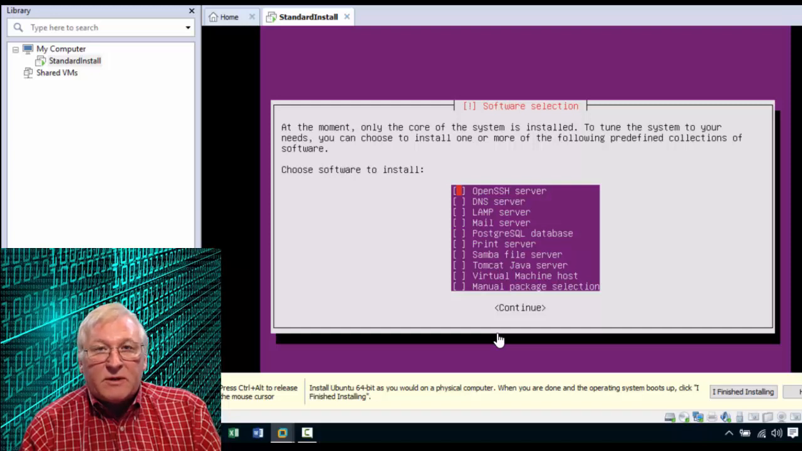The first one you want to install almost all the time is going to be the Open SSH server. This will allow you to connect to the server remotely in order to access it. So press the space bar, and that will put the asterisk in the Open SSH server. The other one that you will want to install most of the time is the LAMP server. This installs the Apache web server, the MySQL database server, and PHP, and we'll use that for most exercises in